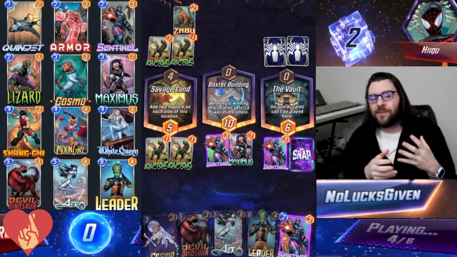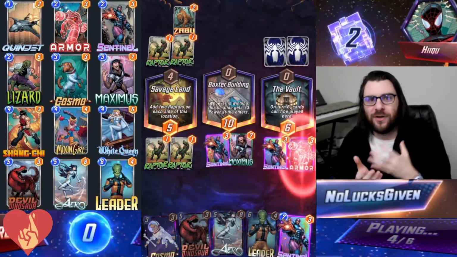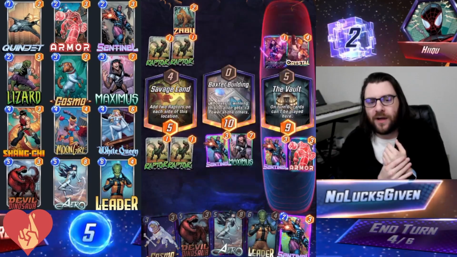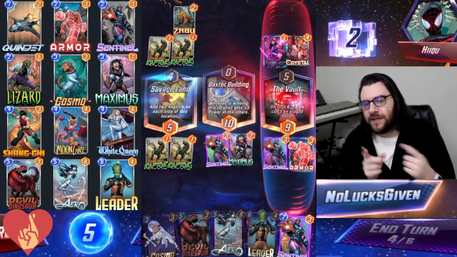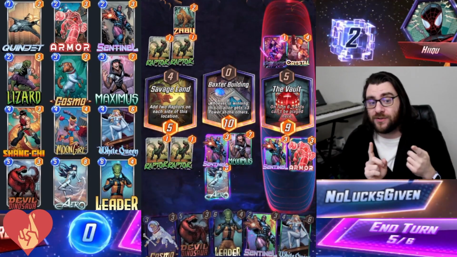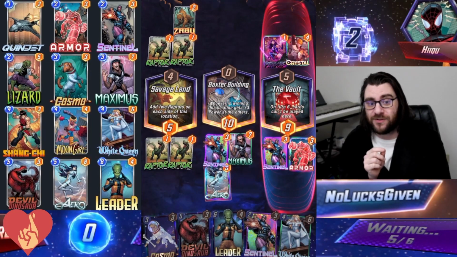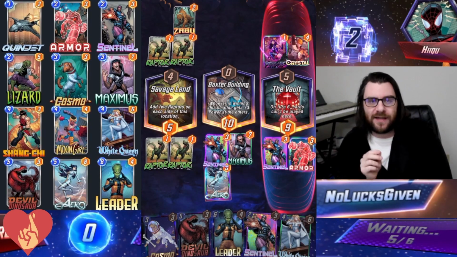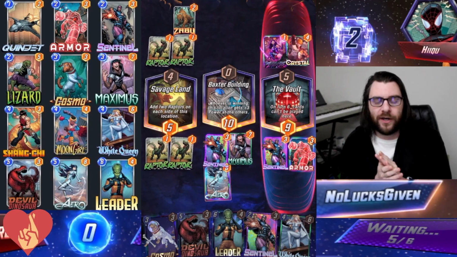On this turn, I'm going to throw 2 cards into the Vault, and this is where things start to get a little bit scary because my opponent can just play 2 4-cost cards into the Vault. So they're definitely getting a little bit of a lead over us, though they don't actually take full advantage. They're just going to play a Crystal, not middle lane, because we just drew them 2 cards from Maximus, so